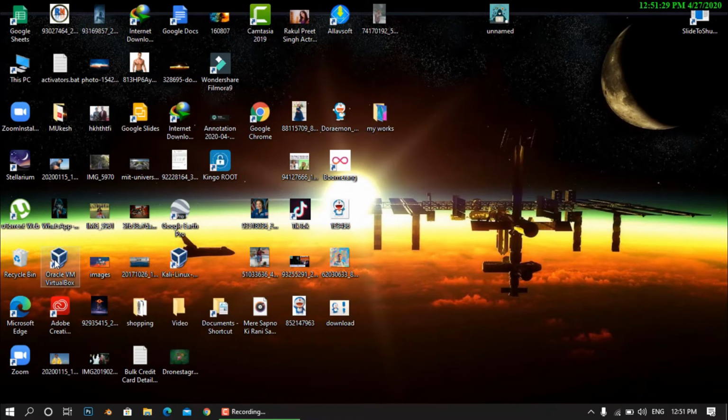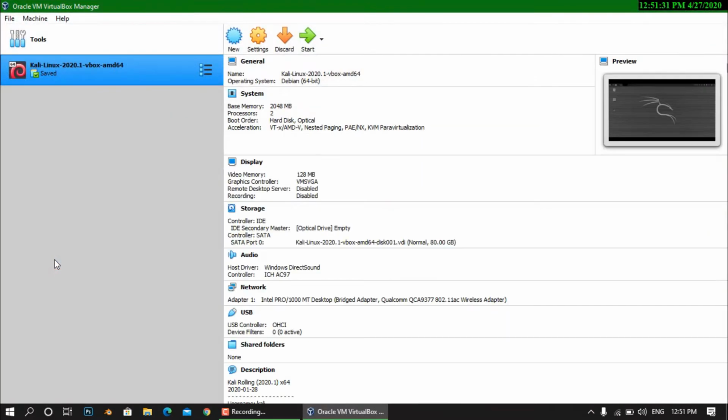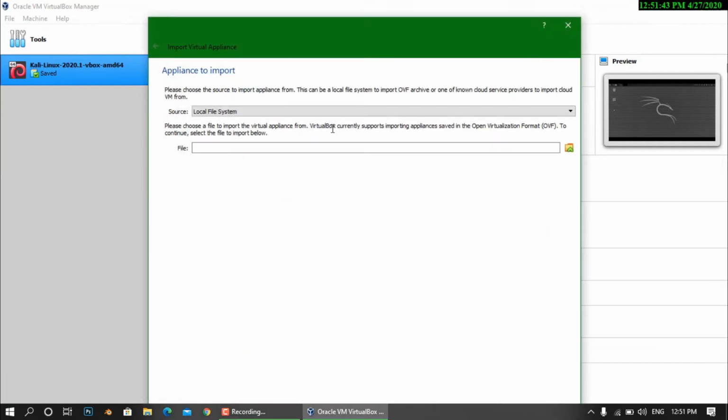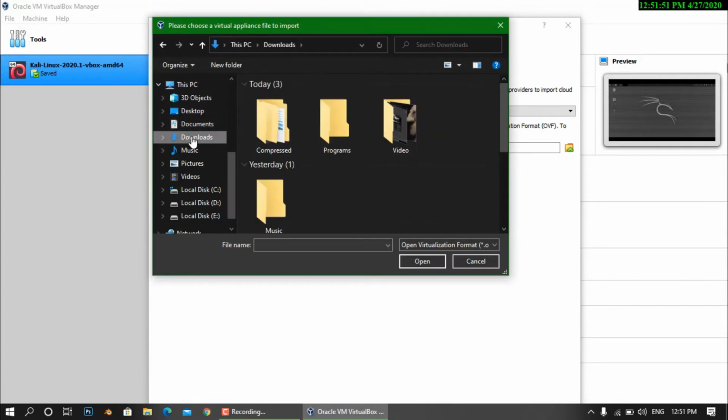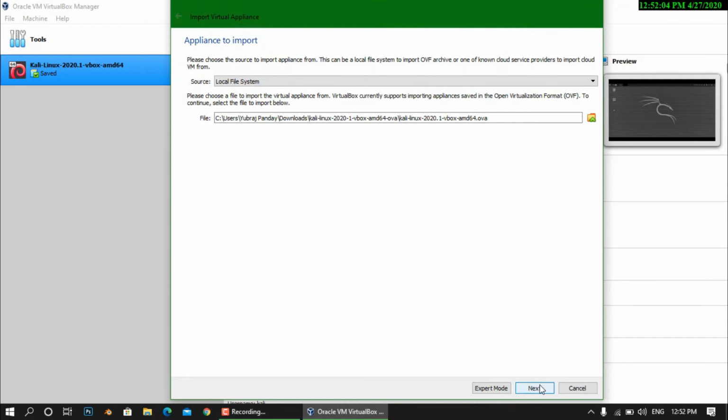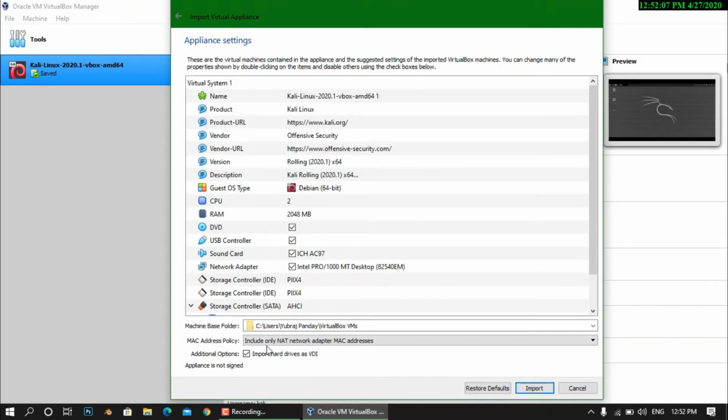First, open your Oracle VM VirtualBox after installing it. You will see this kind of window appearing. Then just go to File and Import Appliance. Click here, and your source should be local file system. Then locate the file where you downloaded that torrent file. Currently I have downloaded it in this Downloads folder, and I have this open virtualization file here. So let's open it. Just click Next, leave everything as it is, click Import and